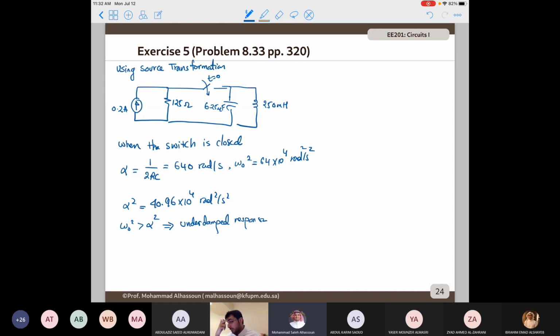If we have an underdamped response, we have I naught of t is going to be I final plus B1 prime cosine omega d plus B2 prime sine omega d t. And let's see what we are missing. We know alpha, but we are missing omega d. So omega d is actually